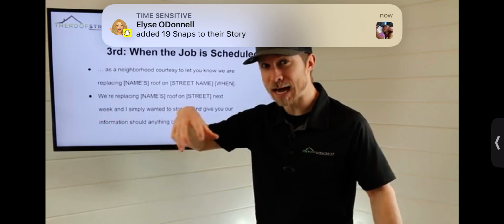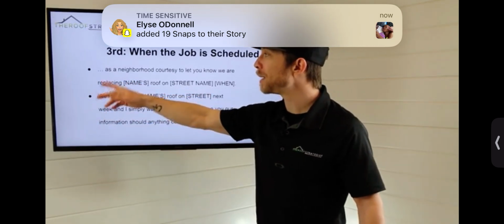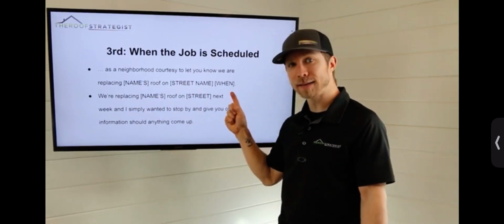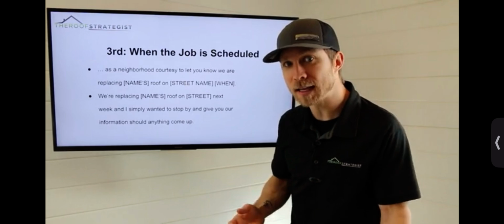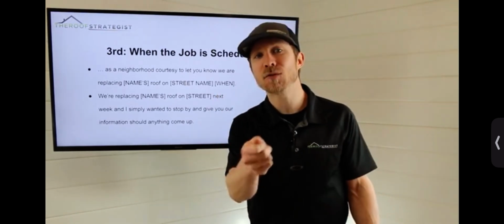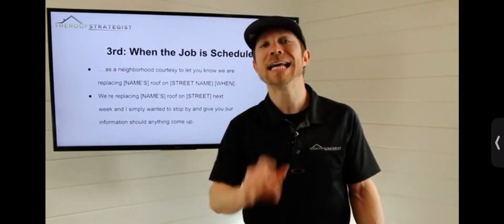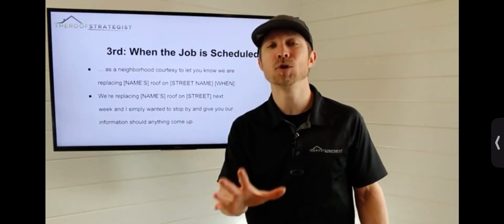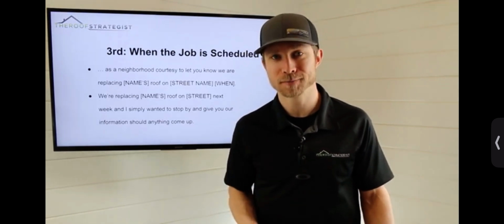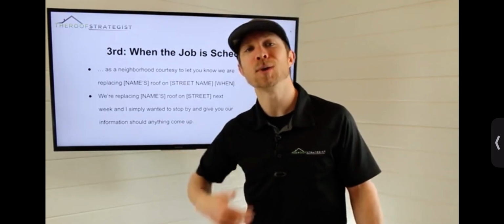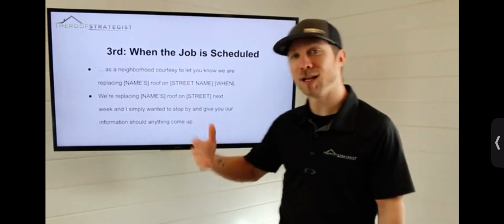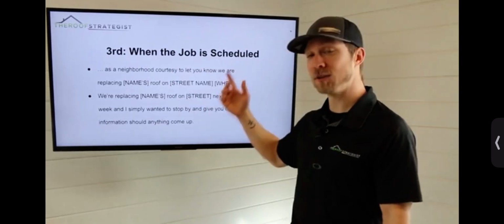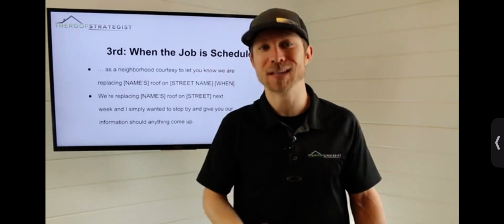So I'm in the neighborhood surrounding the house where the roof is scheduled. Hey, the reason I'm stopping by, it's as a courtesy notice to let you know we're replacing Peggy's roof on Lexington next week. All right? Now to expand on that, you can say things like, I simply wanted to give you my information or the information of the company. Should anything come up, if any debris comes in your yard, please call us. We will take care of you right away. We respect our neighbors. By the way, while I'm here, then we go into our open-ended question, okay? So again, that relevant reason, showing up with intention. It's of value to serve. This, when the job is scheduled and on install day, is all about looking like a hero to the neighborhood.